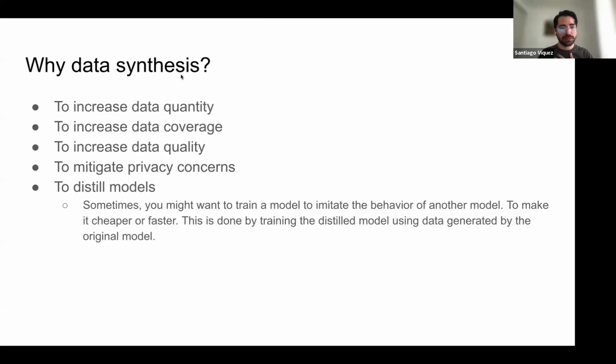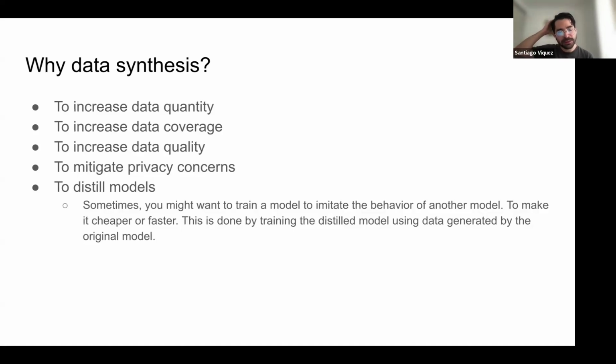You also want to synthesize data to distill models. It's a concept that we're also going to speak about in a couple of slides. But it's basically sometimes you want to train a model to imitate the behavior of another model. Usually you want to train a smaller model to work similarly to a bigger and more expensive model.